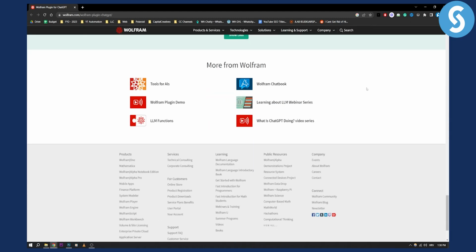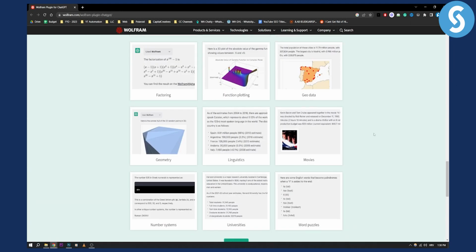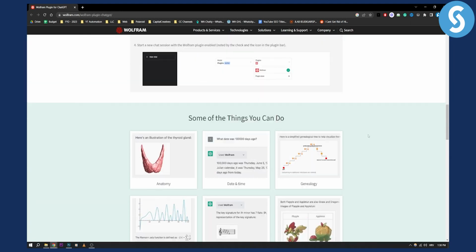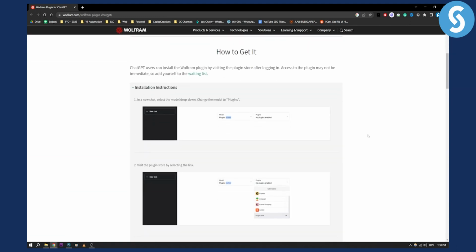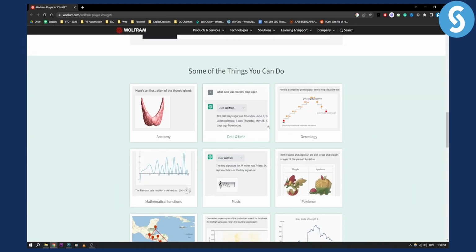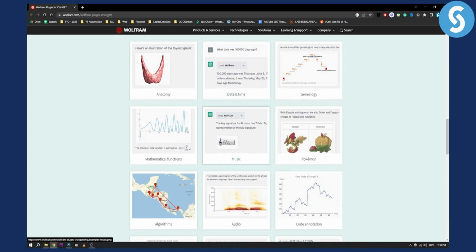Now, obviously, this is a really simple plugin to install and a really simple plugin to use, but you will have to go and test it out for yourself. But this is pretty much everything that you can do with it right here, as you can see. And yeah, that's pretty much a full review and features of the Wolfram Alpha